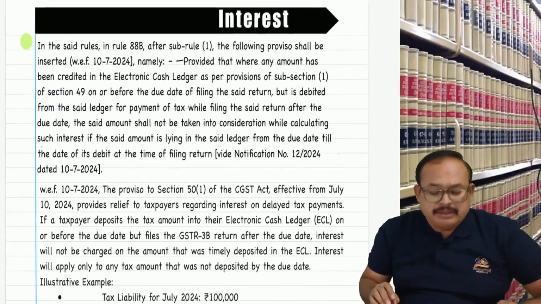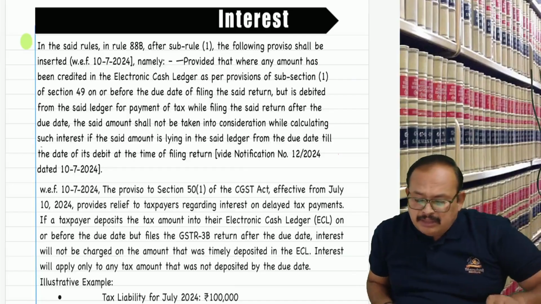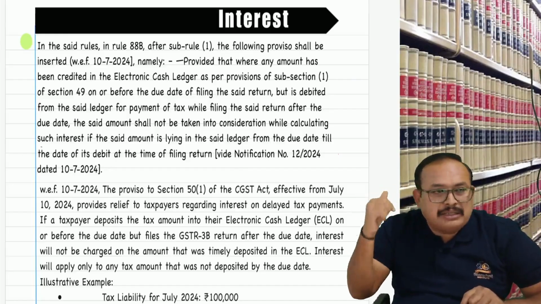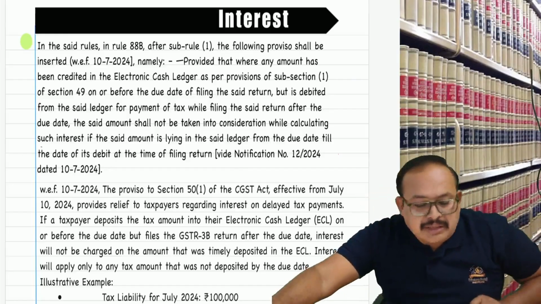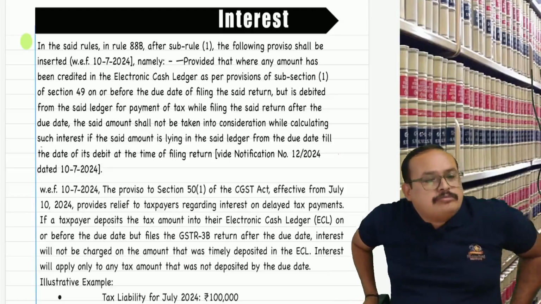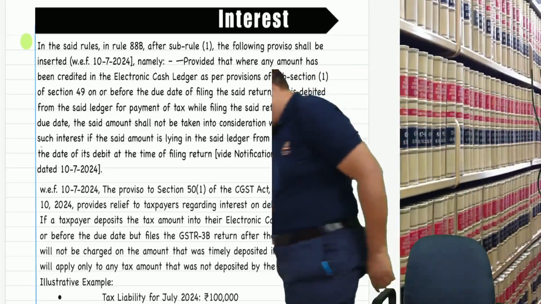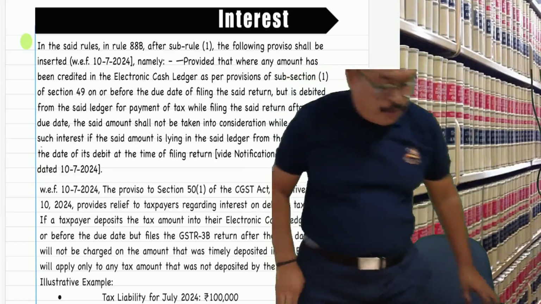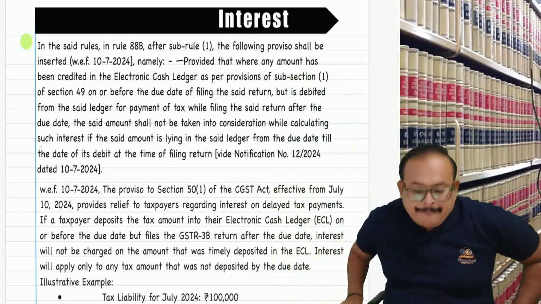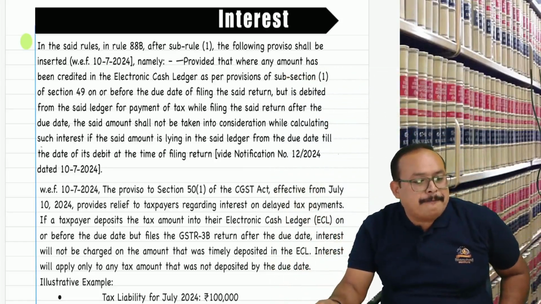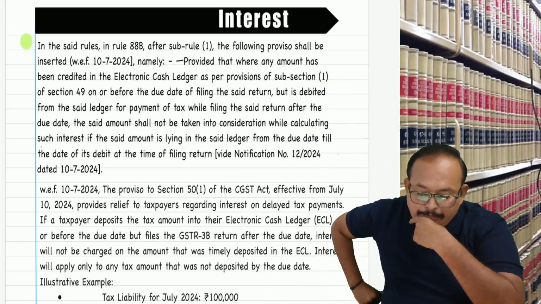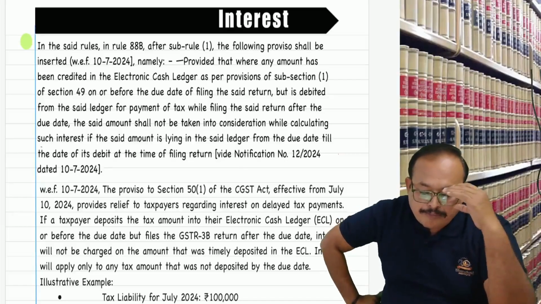This point I would like to bring to notice. My dear friend, you can read Raja, this point alone, that particular provision, then I will bring. Could you read that point alone, that particular, in the said rule? Please read, Amma. In the said rules, in Rule 88B, after sub-rule 1, the following proviso shall be inserted